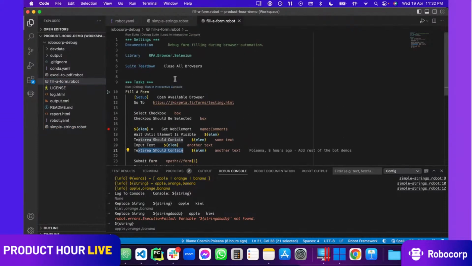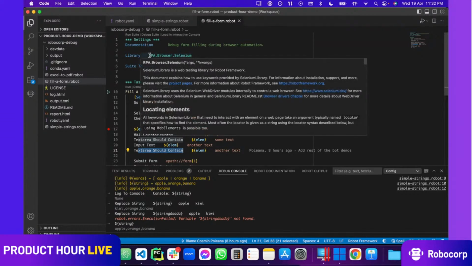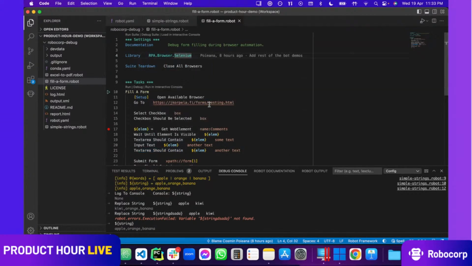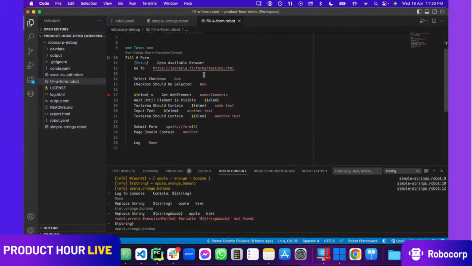And this one is a little bit closer to what you usually expect with browser automation, for example. As you can see, I'm importing the RPA browser Selenium library. And with that, I'm opening a browser, going to a page that contains a form, and I'm trying to select the checkbox that I'll be finding there and do some other things you'll see up next.